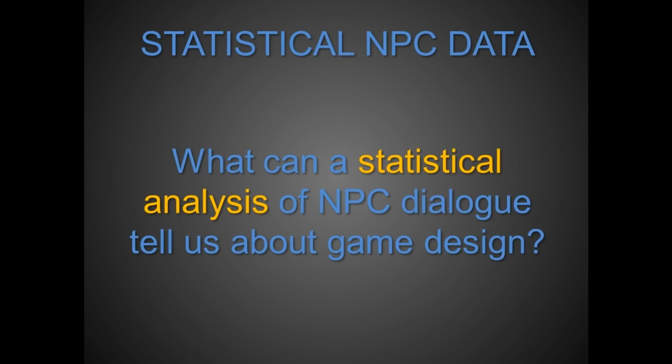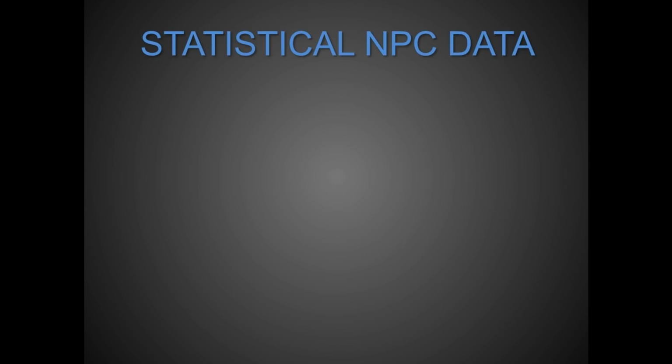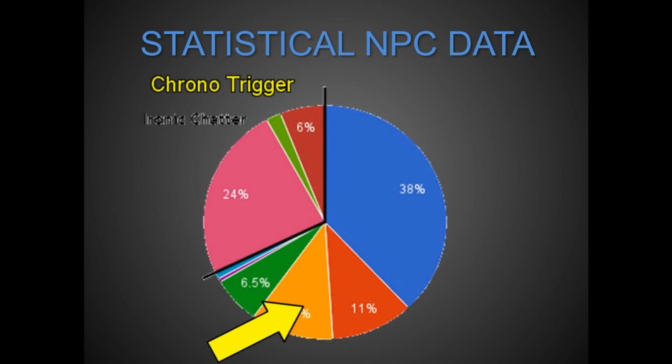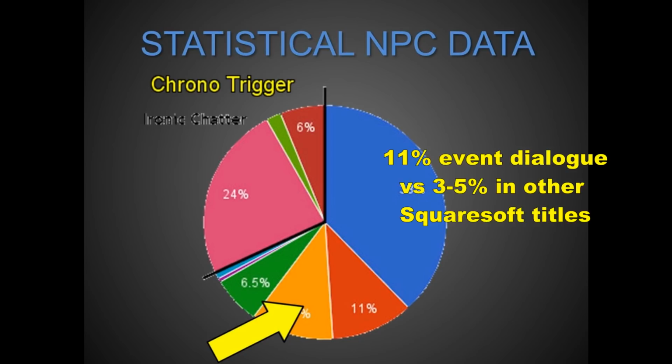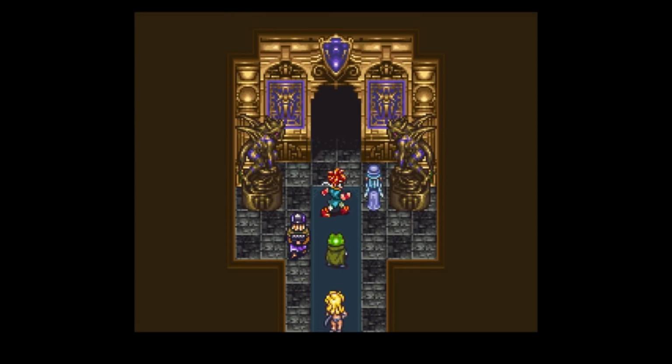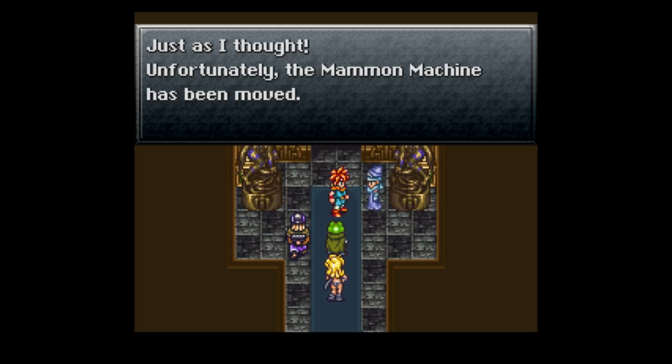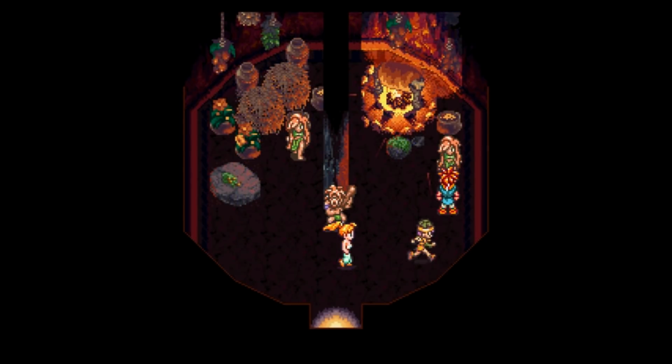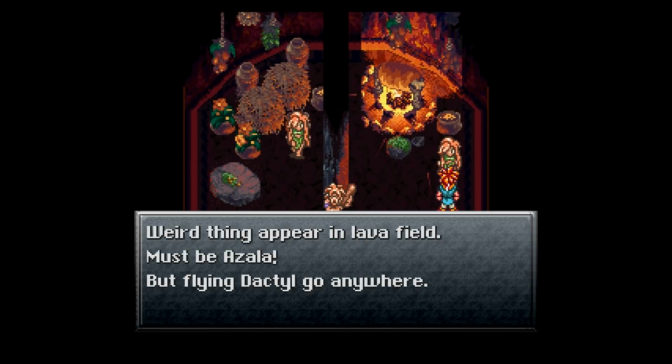We can learn a lot about the underlying design philosophy of a game by looking at how the whole population of NPCs is distributed. Chrono Trigger has a relatively high number of elaborations about events. This makes sense as the game is about time travel. Without a large number of NPC descriptions of the events in each time period, it would be hard for first-time players to assemble the full timeline in their heads, or even remember why they're on a certain quest.